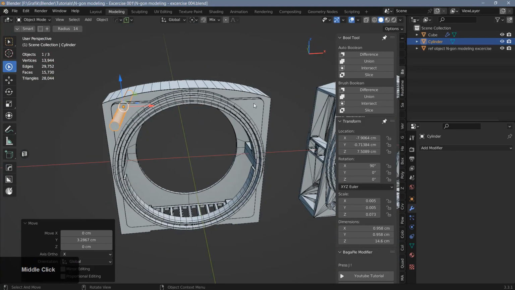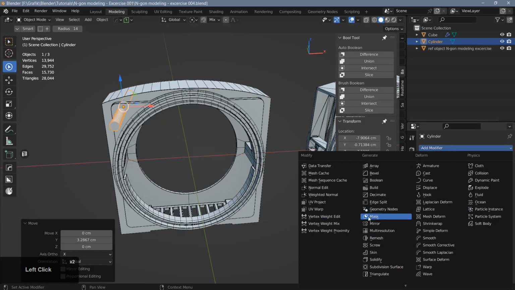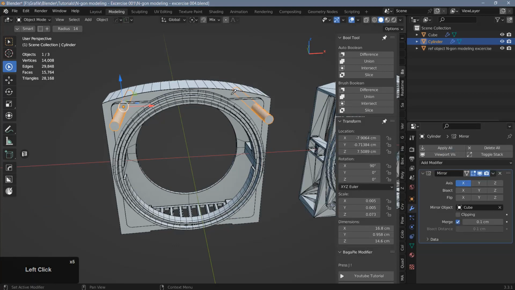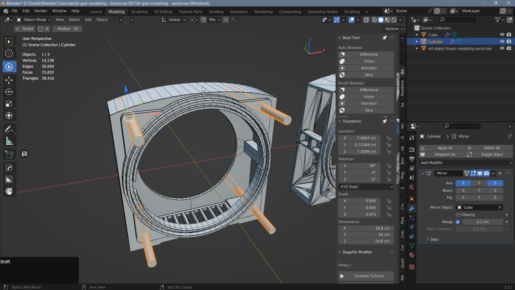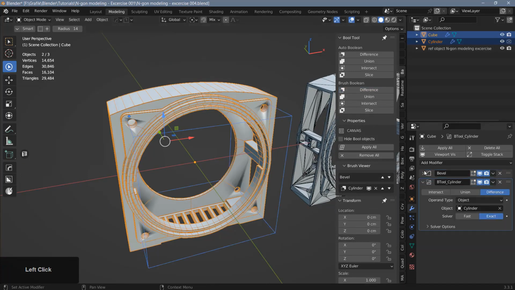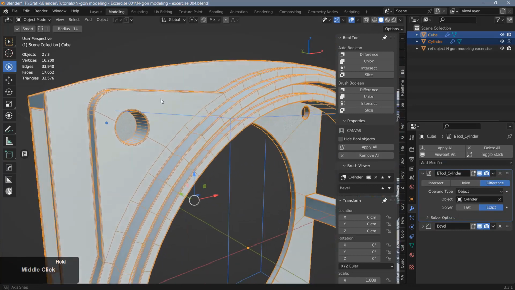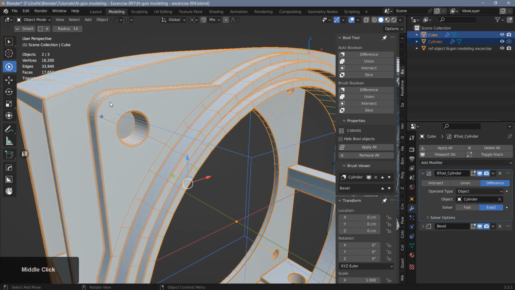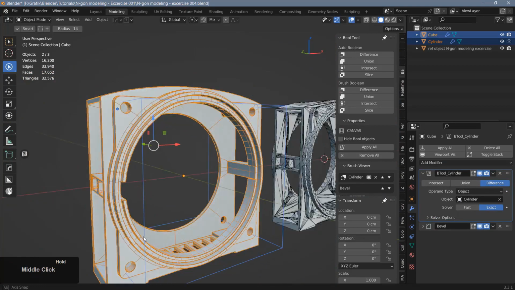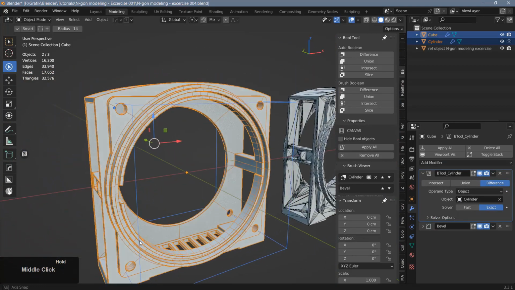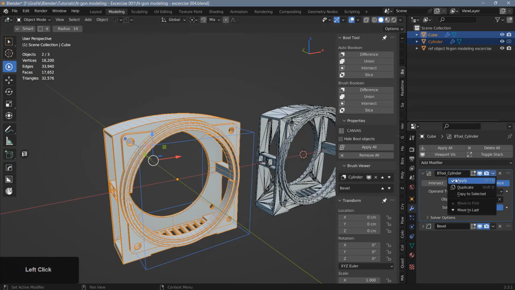And we need to add holes on the right and at the bottom as well. For this, I'm going to use a mirror modifier, and I'll pick this object as our mirror object, and let's do a mirror on the X and Z axes, like so. Let's select both of these objects. Let's do a Boolean difference. And everything's looking fine. I think I'll change the connections once I've applied the cutter, but everything else looks good. So I'm just going to apply that cutter,